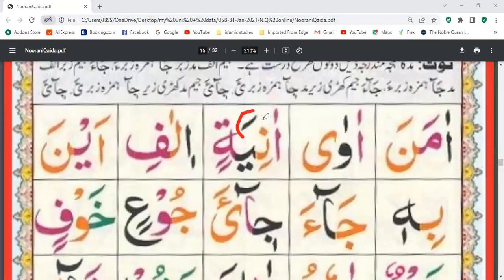So this is the example of harakat, and this is the example of tanween. This is an example of harakat. Again, tanween. Also, we are going to have the practice of standing harakat, khada zabar, khadi zer, and ulta pesh.